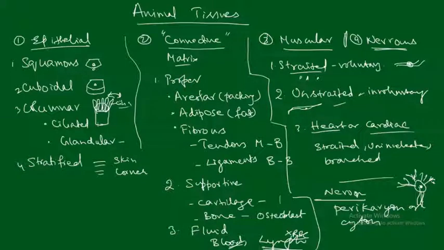In this way, nerve cells are made up of these unique, very long cells. They may be myelinated, that is, covered by a certain thick membrane. So in this way we have the four different types of animal tissues.